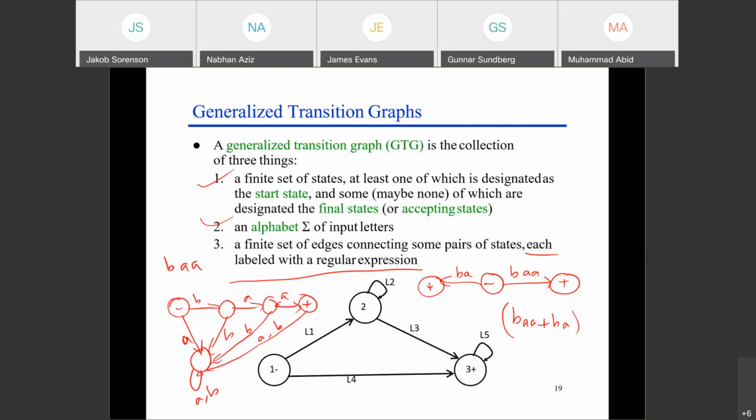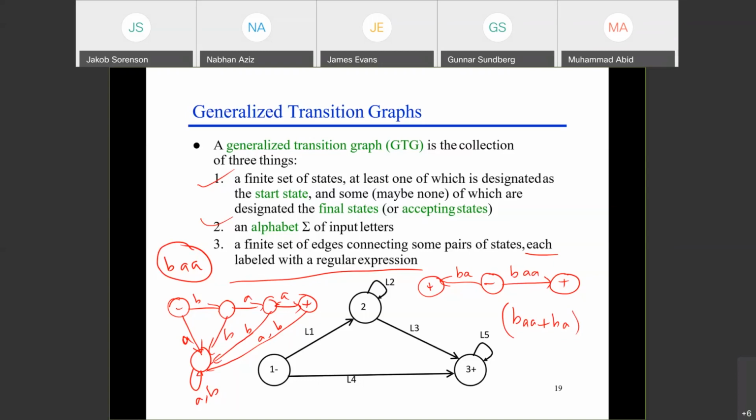I draw a valid FA, and you saw this in the FA chapter, which is just passing one word, BAA. Now, if I ask you, can you please write the regular expression of this machine? So what is this? It is this. This is the regular expression of this machine because it only accepts one word. That's it. It's not doing any other job. So this is the whole language of this machine, BAA.